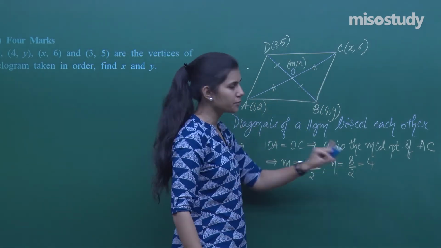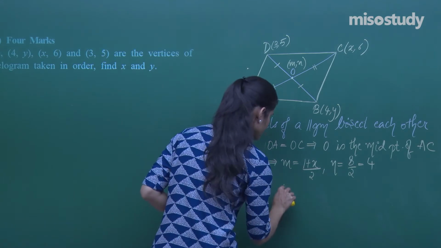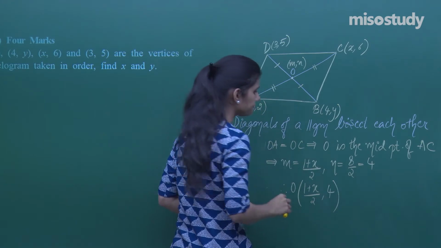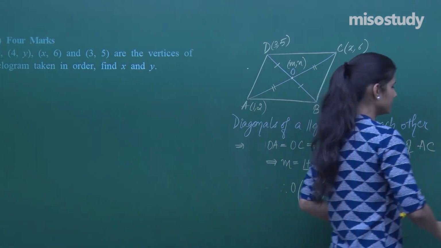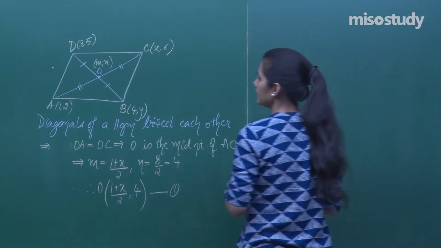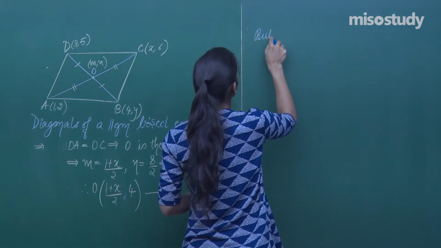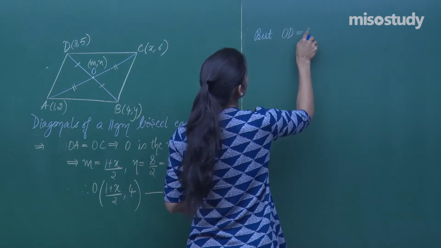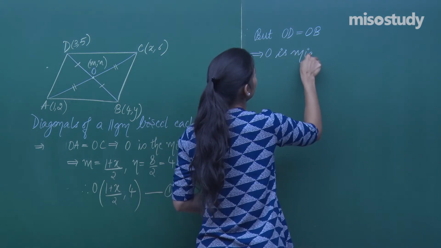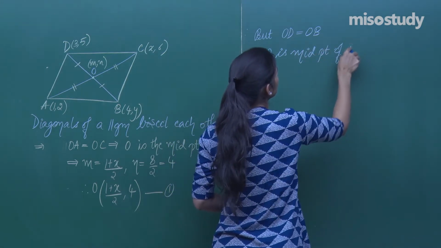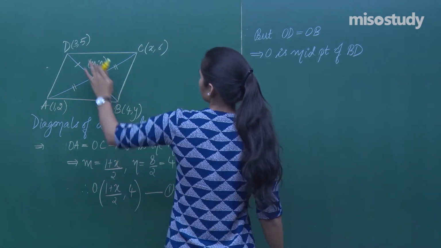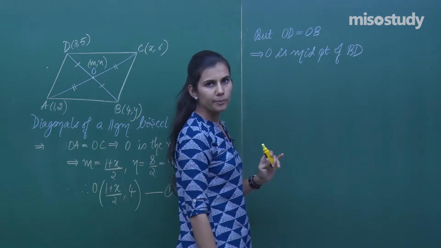This would be the x and this would be the y coordinate of point O. Therefore, O's coordinates will be (1 plus x upon 2, 4). But not just O is the midpoint of AC, O is also the midpoint of BD. OD is also equal to OB, which implies O is the midpoint of BD. Right? If O is the midpoint of BD segment, again by using section formula for computing the coordinates of